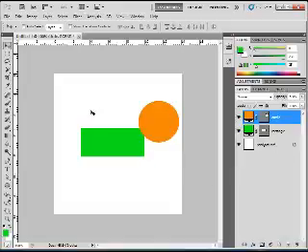You can go up to the top here, and with your move tool selected, you can see that we've got the checkbox here for auto select. We're going to check that, and we've got options here to select group or layers. We're going to leave layers selected, and then we can come over to the canvas now,